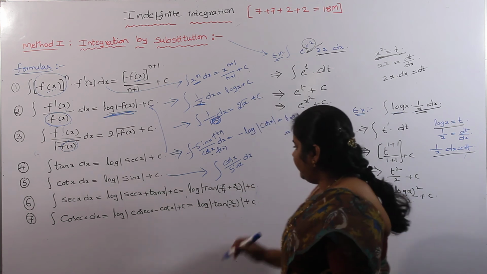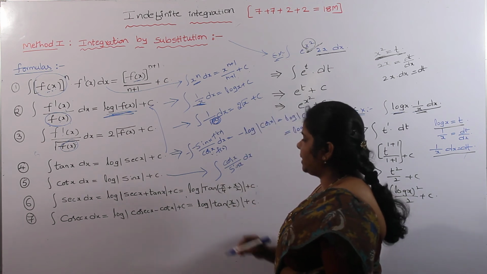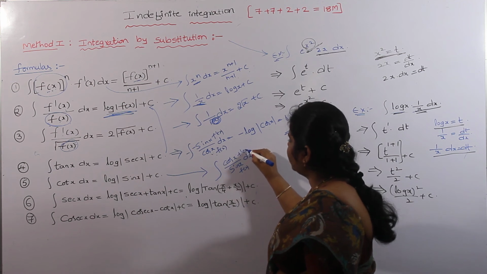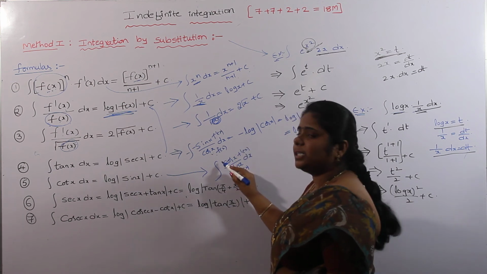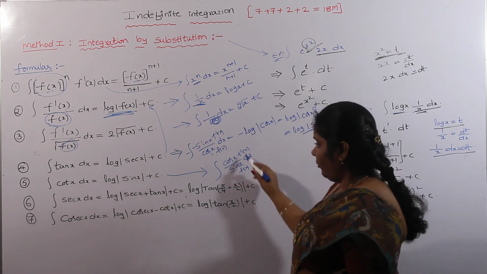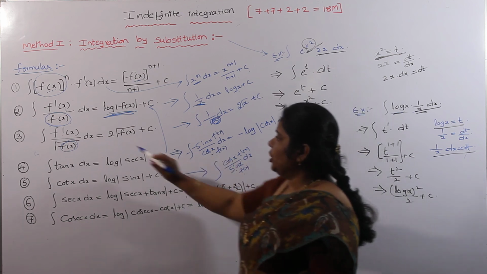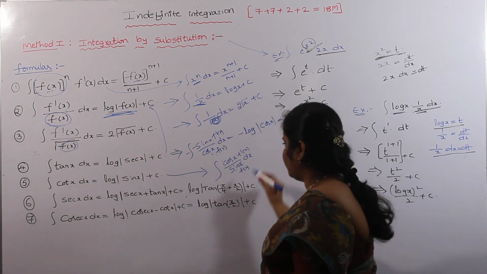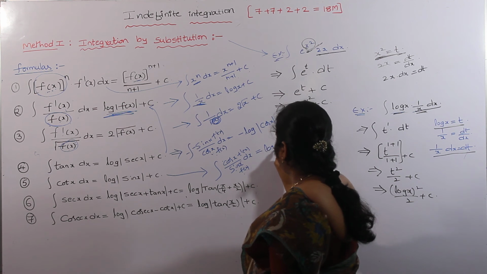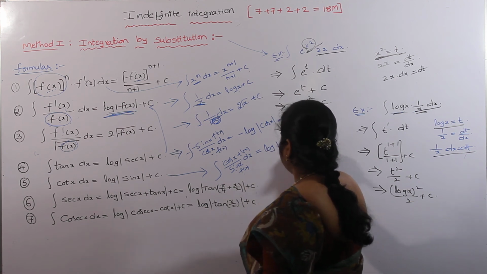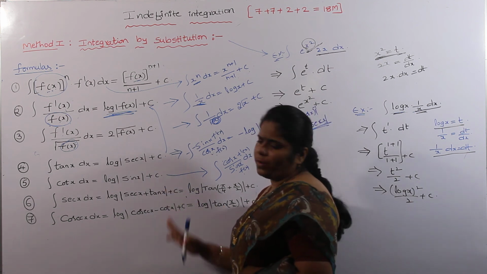Okay, differentiation of sin x is cos x. We take sin x as f of x. This becomes f dash of x. Sin x differentiation is cos x. F of x differentiation is f dash of x. Now this is also in the form of integral of f dash of x by f of x. Apply this formula, log mod f of x. What is f of x here? Log mod sin x plus c. Okay. Similarly, we get these two formulas also.